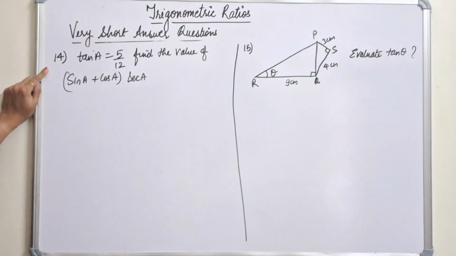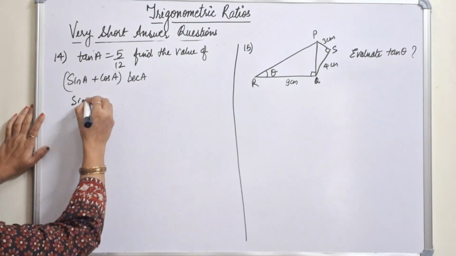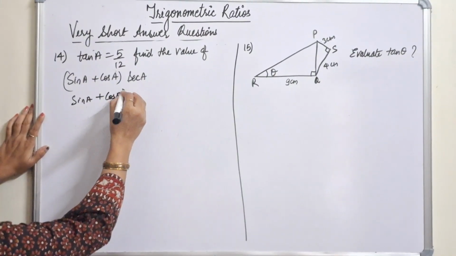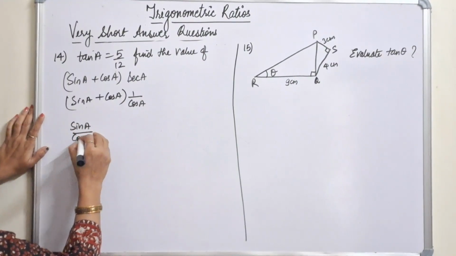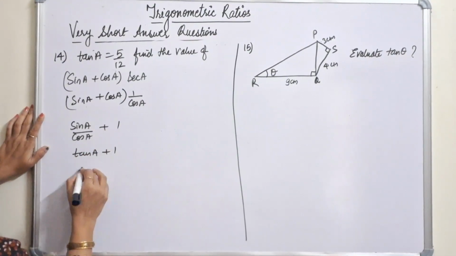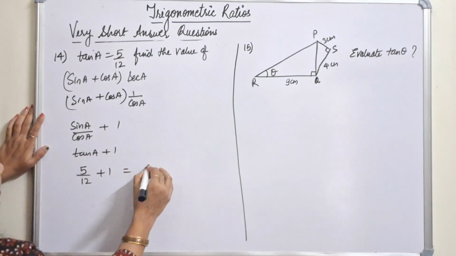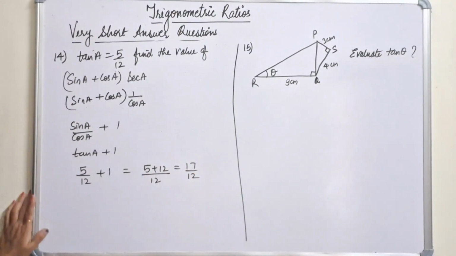See, next question is tan A is equal to 5/12. Find the value of. बच्चे इसमें क्या करेंगे? साइन ए की वैल्यू अलग से निकालेंगे, कॉस ए की अलग से निकालेंगे, सेक ए की अलग से निकालेंगे एंड देन सब्स्टिट्यूट करेंगे. आंसर तो वैसे भी आ जाएगा, लेकिन थोड़ी सी ट्रिक हमें लगानी है. इन द गिवन एक्सप्रेशन साइन ए प्लस कॉस ए, सेक ए को हम लिख सकते हैं 1/cos ए. मल्टीप्लाई करेंगे साइन ए अपॉन कॉस ए प्लस 1 हो जाएगा. दिस इज tan ए प्लस 1 यानी 5/12 प्लस 1 यानी एलसीएम लेंगे तो 5 प्लस 12 दैट इज 17/12.